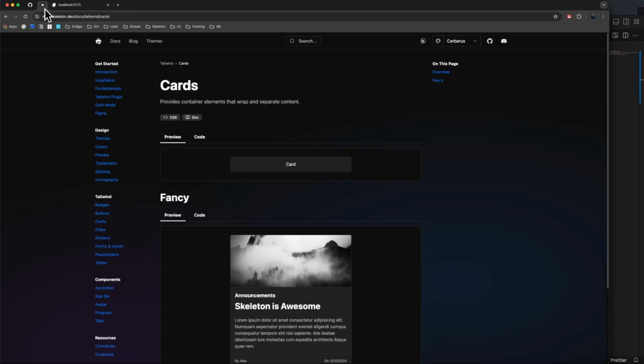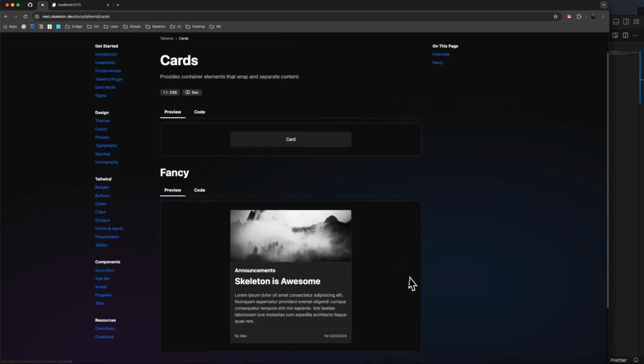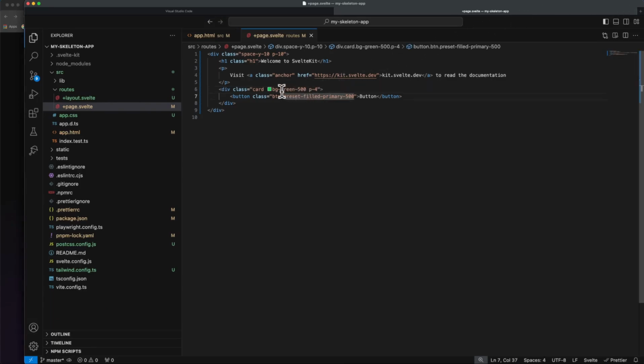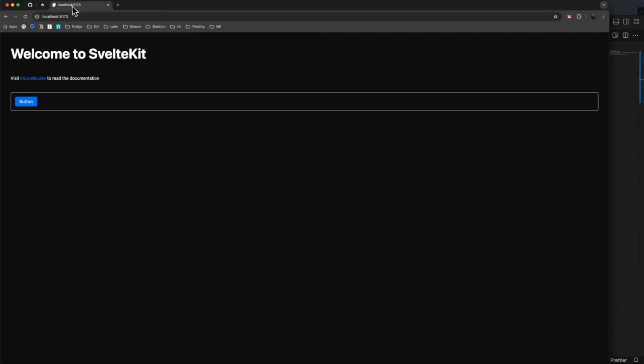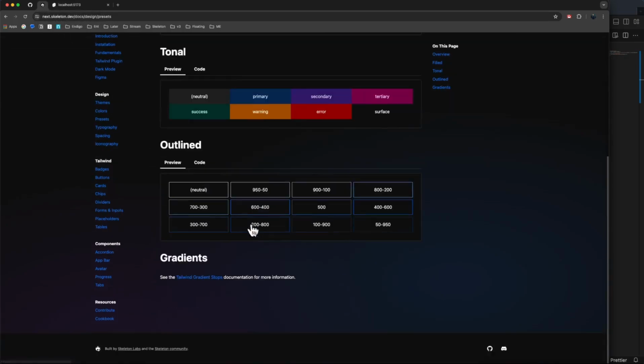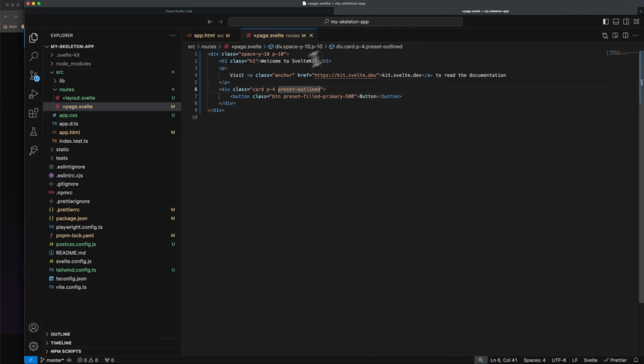Not exactly what we're going for, right? We want something that maybe looks a little more neutral, fits into our theme. So again, we can use those preset styles to help us out with that. So I'm going to do preset outlined, and we'll just go with the neutral version by default. And we're going to see it gives us a really bright white outline, which is a little jarring. But we have the presets, we have outline styles, we have all these different combinations that we can use for